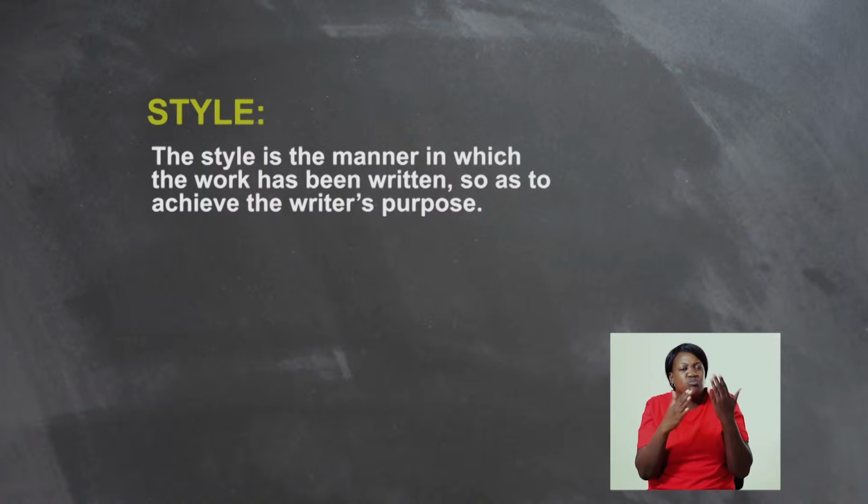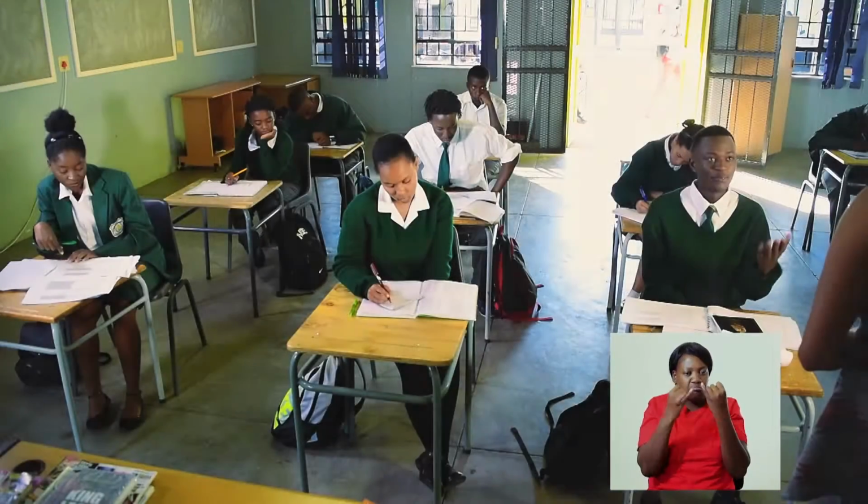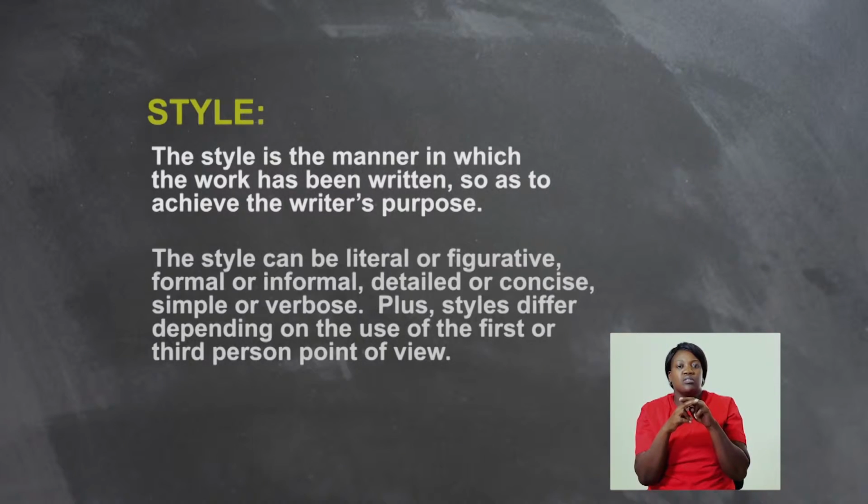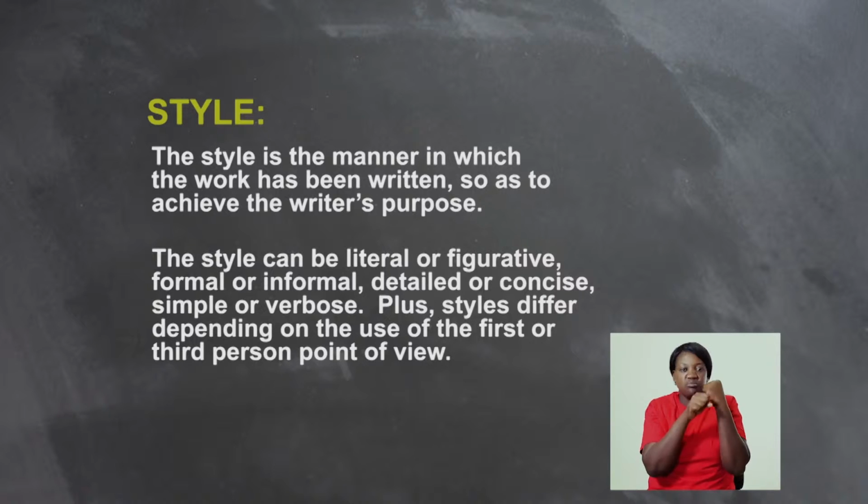Okay. Now the style is the manner in which the work has been written so to achieve the writer's purpose. Writers normally have their own style of writing. This can be created and developed by their word choice and language usage. Now, the style can either be literal or figurative, formal or informal, detailed or concise, simple or verbose. Plus, styles differ depending on the use of the first person or third person point of view, how the story